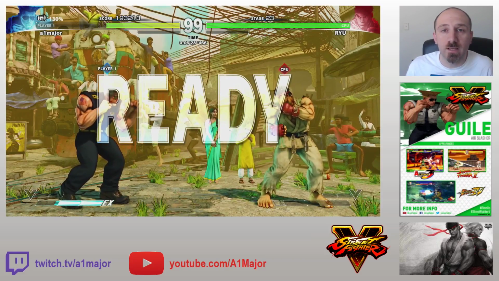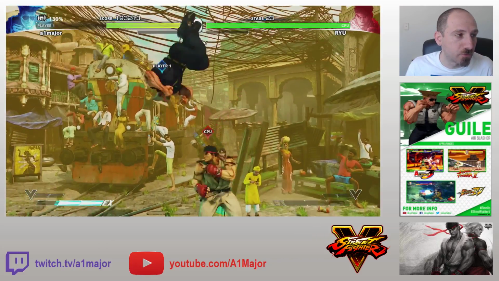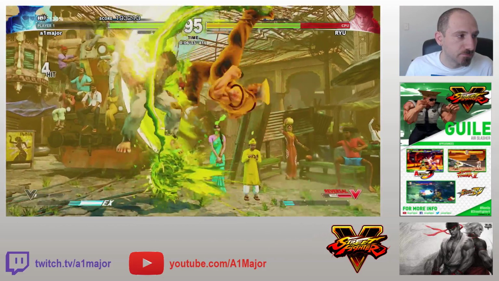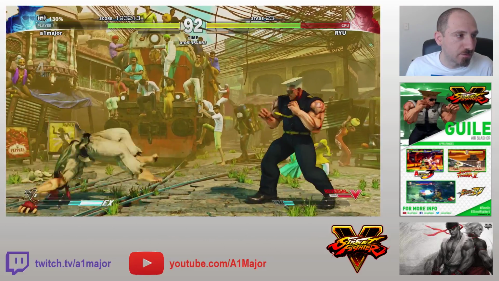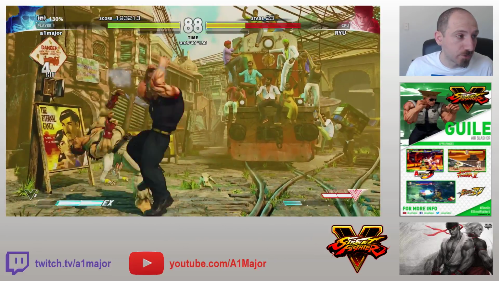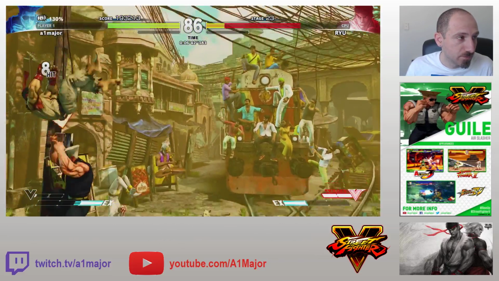So, Ryu. I wouldn't engage up close. I always back up to a range where he throws a fireball and then just jump. And that's pretty much it. You can also try and bait a Shoryuken with a flash kick and then get a crush counter combo. But otherwise,